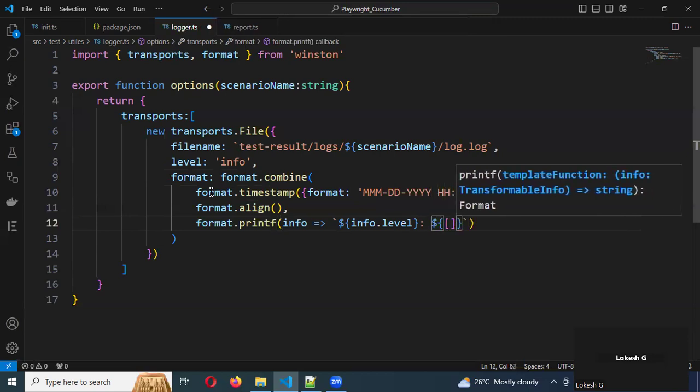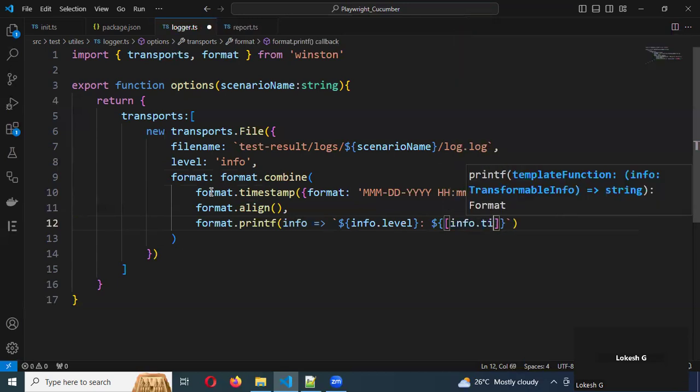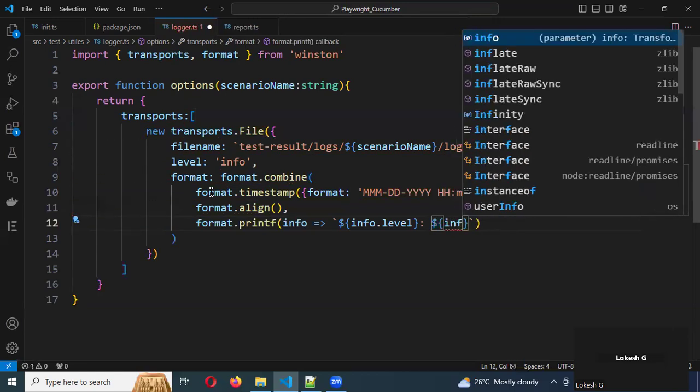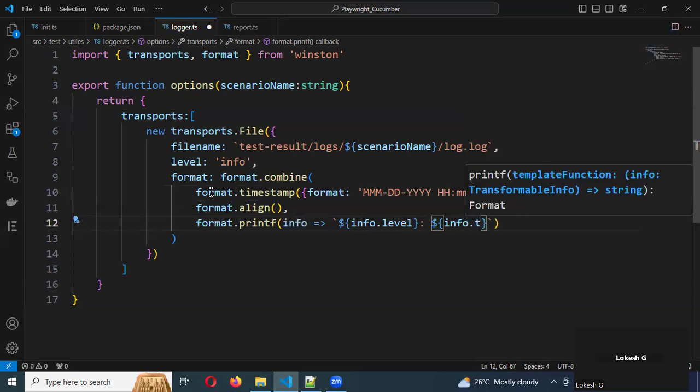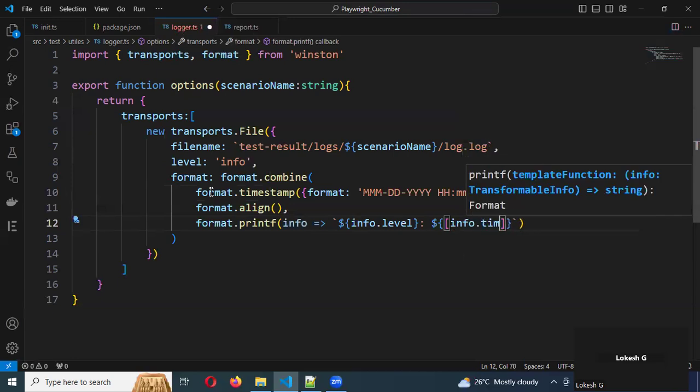Inside the square brace you need to put info dot timestamp, info dot time,